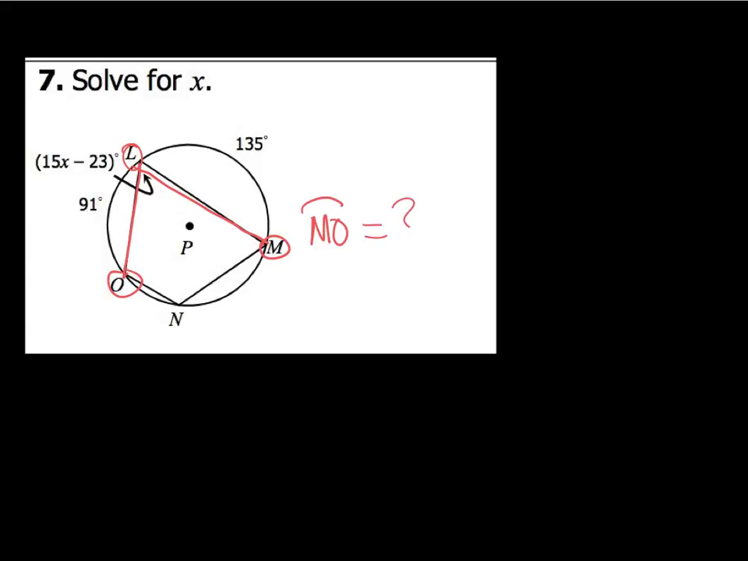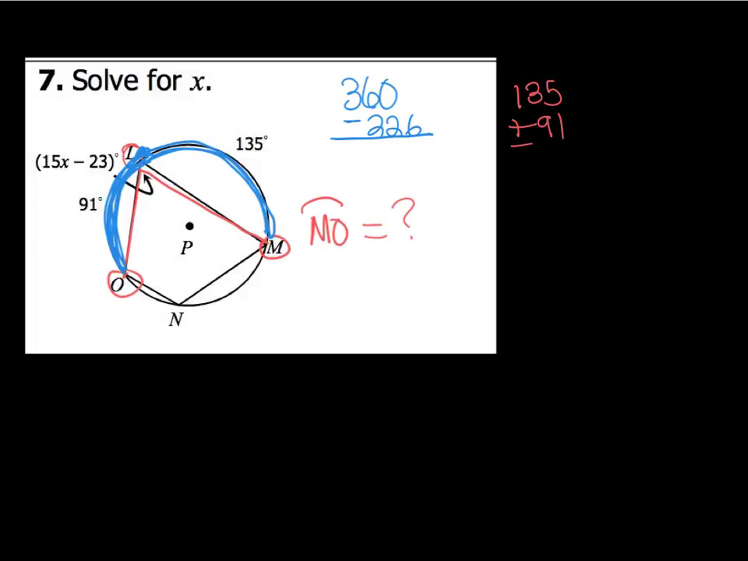Well, if I take a look, I see that, and I'll do it in blue, this is 135. And from here to here is 91. So the whole circle is 360 degrees. Subtract 226, and where did 226 come from? That is 135 plus 91, which is 226. So that's 134. So this arc here, colored in nicely,